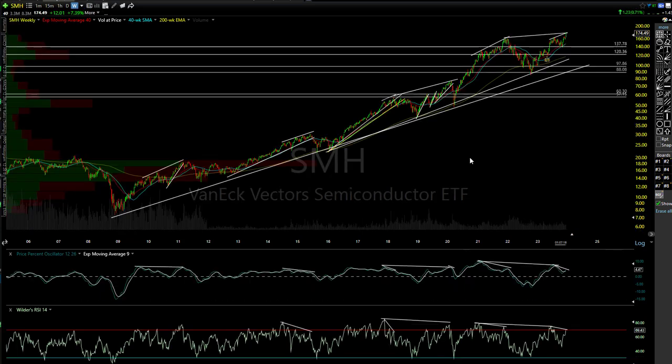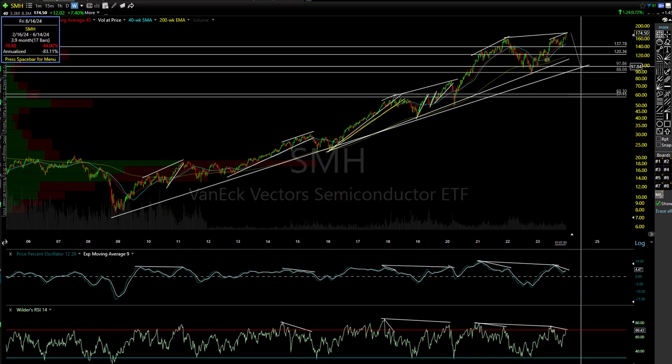SMH is the other one. And that one has, again, beautiful, super well-defined uptrend lines. This is your primary trend line right there. That is from where we're at now. We do have a divergent high there as well. Again, depending on if and when we hit it, that means, do we reverse from right here? Do we go another 10, 15, 20% higher?